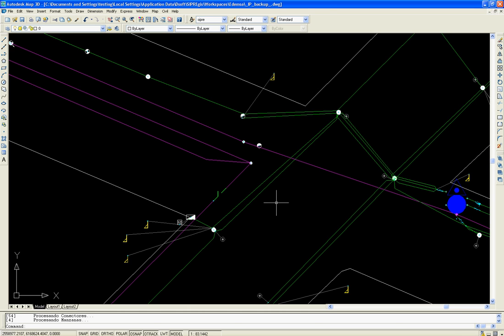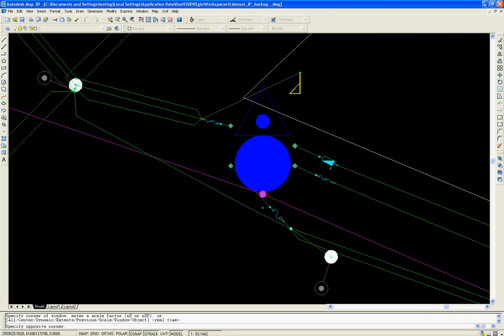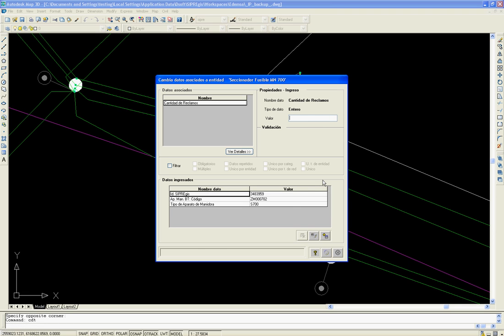We will see now some examples that are associated to data changes. To illustrate that, we will zoom in to the right of the screen into the blue transformer area. This is a secondary network transformer with 4 circuits. I will see the data associated to the switch on the circuit, and I see that its code is